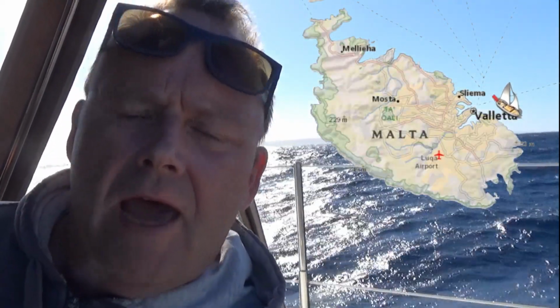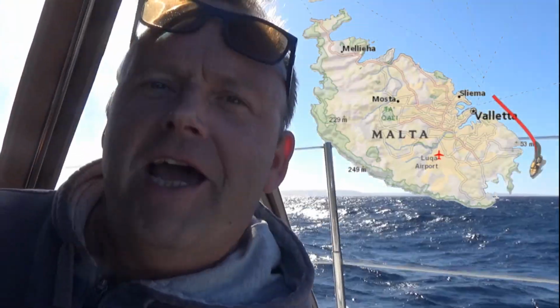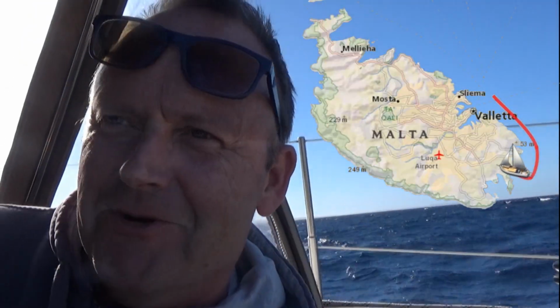We are now passing the capital of Malta, the city Valletta. We're not gonna stay there today because the swell is still not comfortable enough to go to the anchorage of Ranilla Bay nearby Valletta, so we go further south. I found a little anchorage. It's called Il Ofra I Kebira. Whatever that means, but that should be fine for the night,